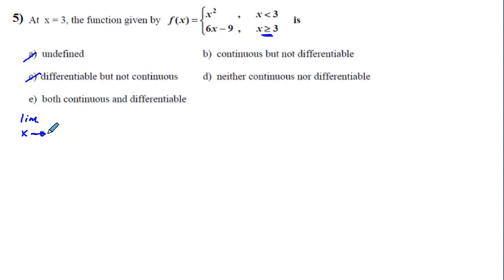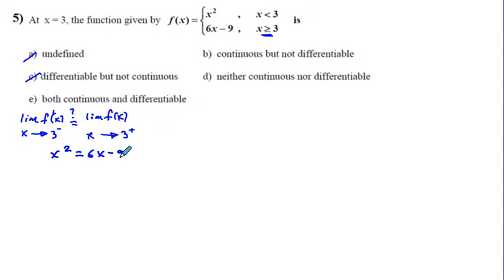number of 3 of f of x from the left side. That's f of x is equal to, I'm going to put a question mark above that, the limit as x approaches 3 from the right side of f of x, and the left side is going to be x squared, so we have x squared, and the right side we have 6x